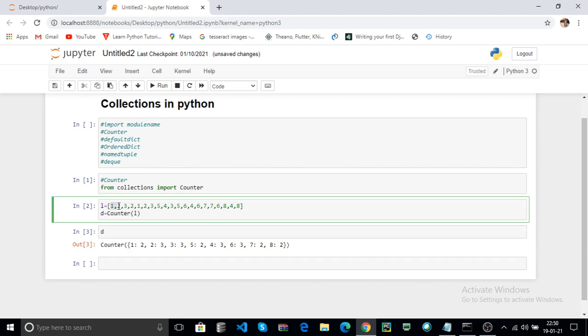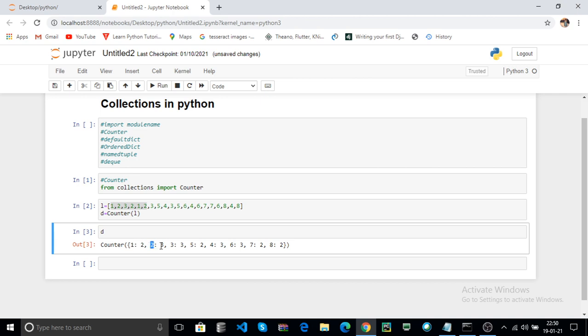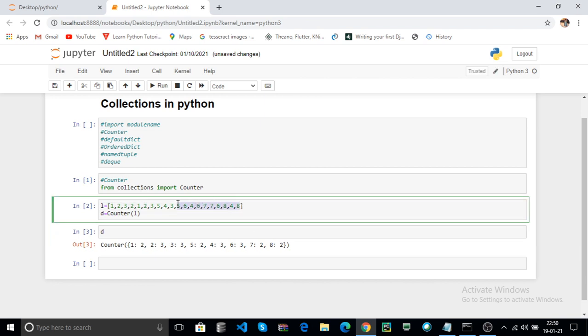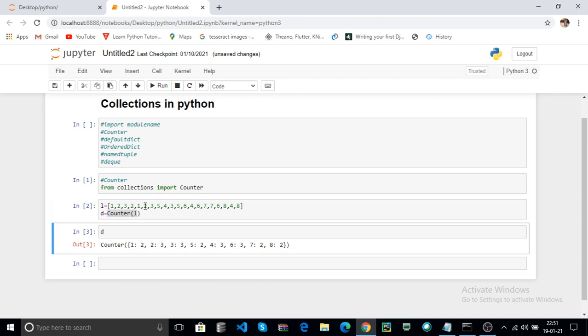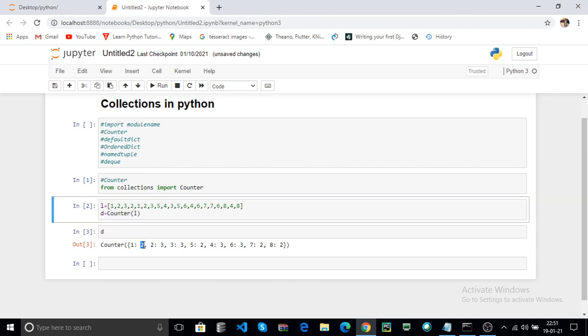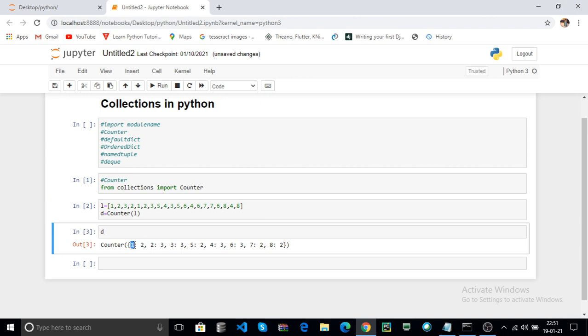For example, L contains different items, and every unique item is a key, for example 1, 2, 3, 5, 4, 6, 7, 8. That means all the unique values in your list are called keys by the Counter function. Every key's occurrences in your list are stored as a value in the Counter dictionary.